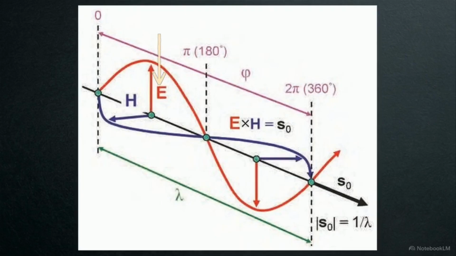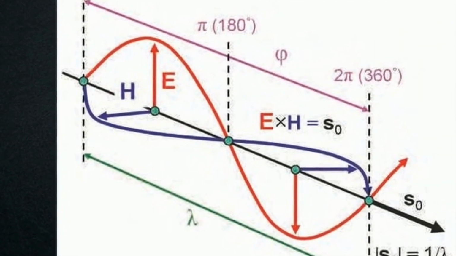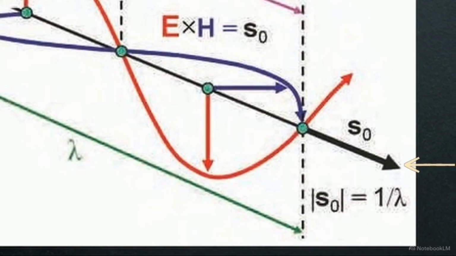This diagram shows a propagating electromagnetic wave. Notice the electric field vector, E, and the propagation wave vector, S0. When an X-ray travels through matter, it interacts with electrons almost exclusively through that oscillating electric field vector. The incoming wave vector, S0, points in the direction of travel, and its magnitude is defined mathematically as exactly 1